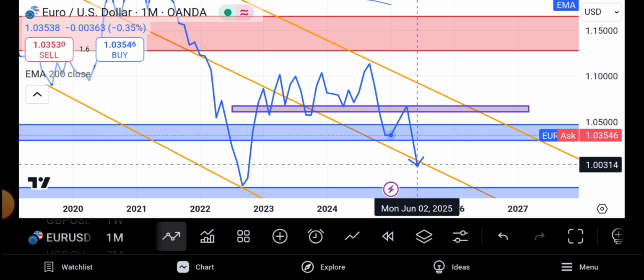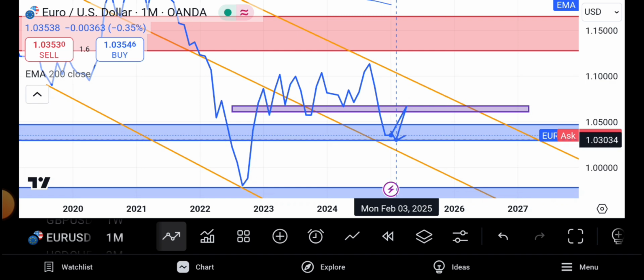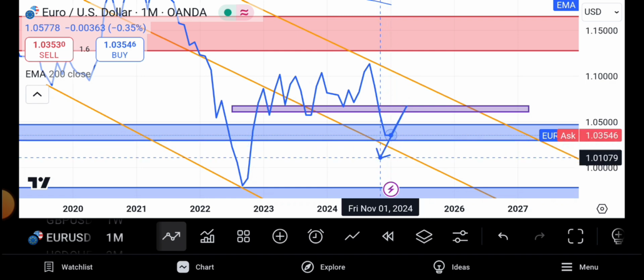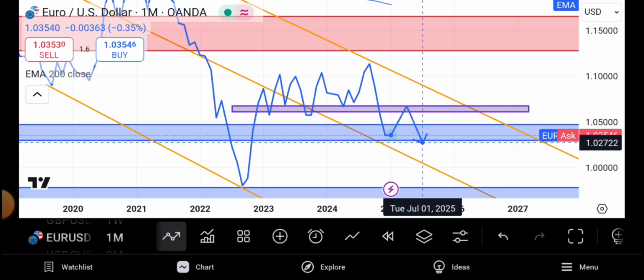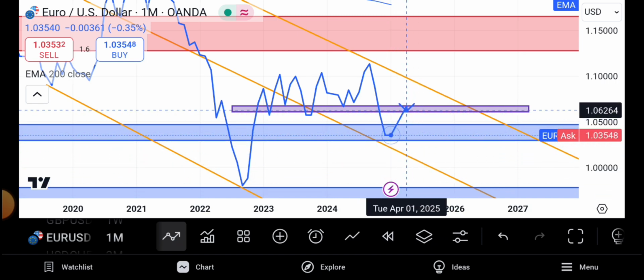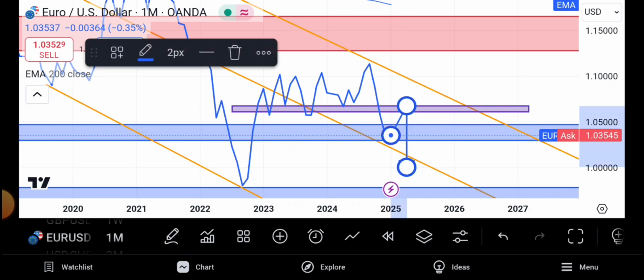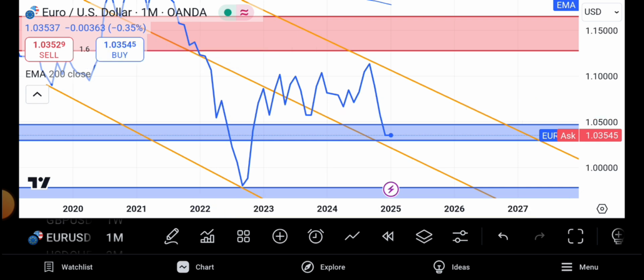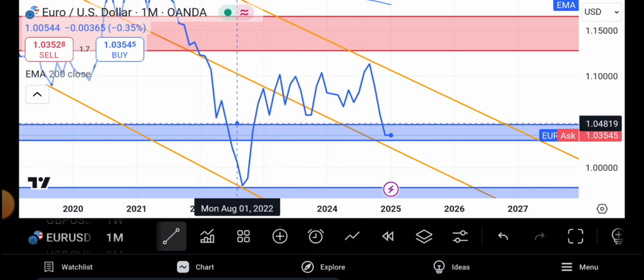One, as I've told you, it must break this zone. The rule of the game: it must break this zone and then retest, then I will sell. Or the buyers will push this price action upward, then I will sell from this zone downward. Are we together? So let us mark the distance and see, did the price accomplish that distance? Did we trade that distance fully? If we did, now there's no reason for us to focus on that M structure.